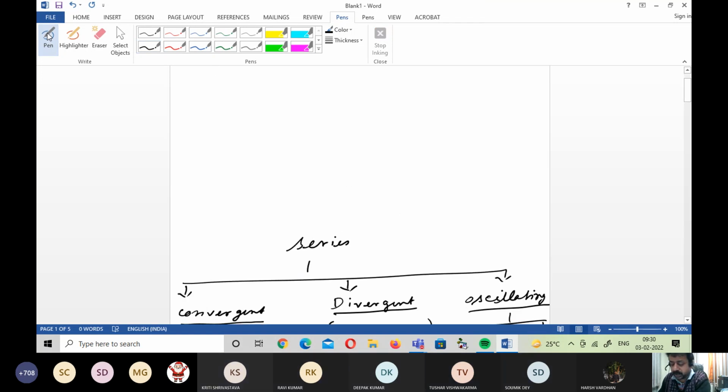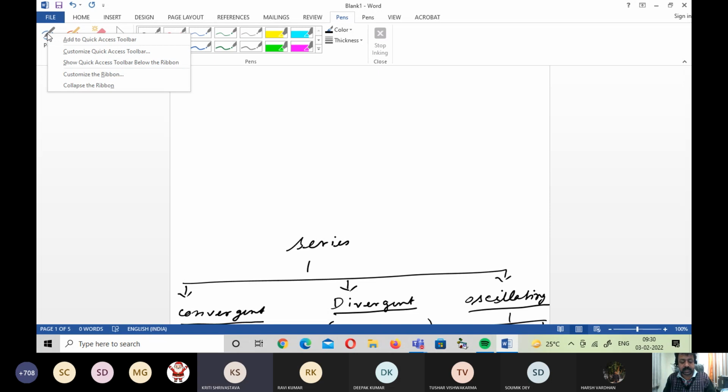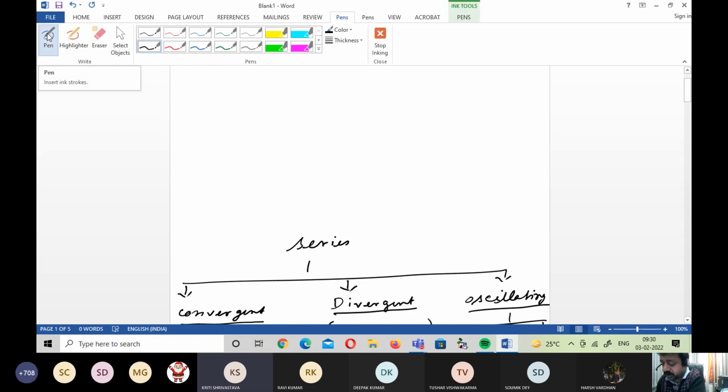Now you just write the definitions. Already you have written the definitions, so you just go through the examples. Capital sigma r equals 1 to infinity, 1 by r into r plus 1. What will be the series? This is an example of a convergent series. You just write 1 by 1 into 2 plus 1 by 2 into 3 plus